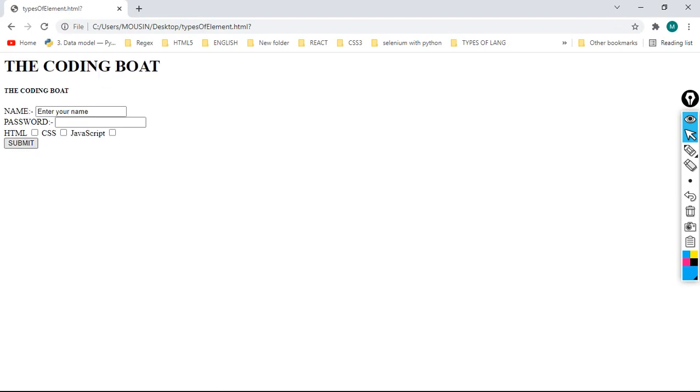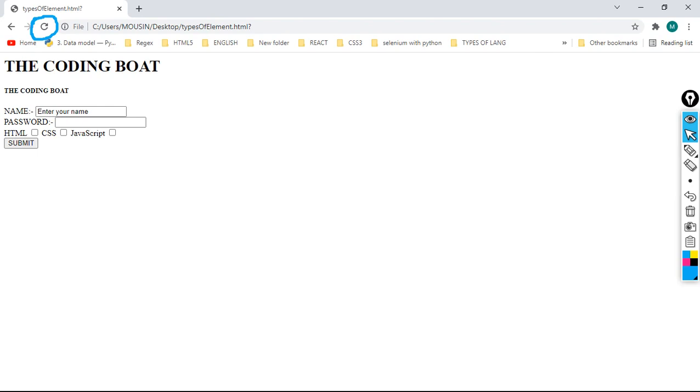See here, understood? When I am clicking on submit button, just focus here, what is happening? Now I'm clicking on submit button. See, it is refreshing, correct? Means this data is going to server. I was talking about action attribute of form tag, that I will explain later.